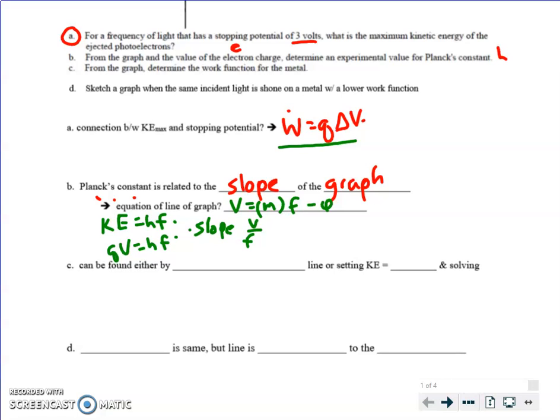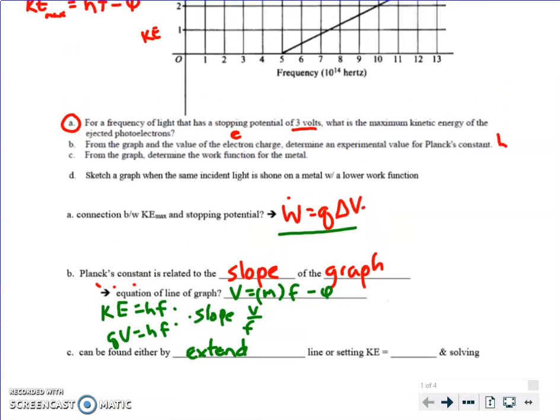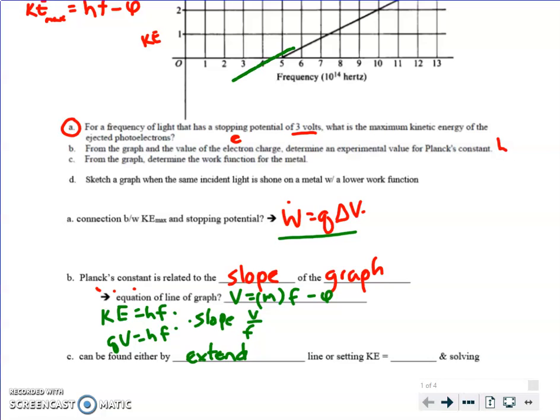In C, it says from the graph determine the work function. There are two ways you can do this. The first one, you could extrapolate or extend the line, but that's not going to be as accurate. In other words, the work function is the y-intercept, and that would be there. But the problem with that is that it gives you a voltage. It doesn't give you an energy,